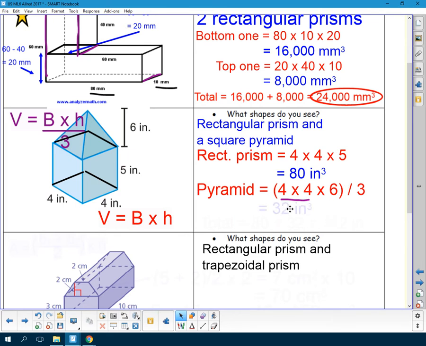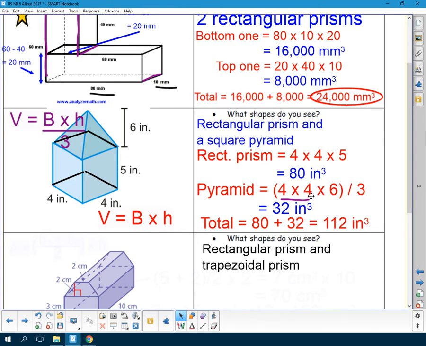5 plus 2 divided by 2. 5 plus 2 is 7. Half of that is 3.5. 3.5 times 2 is 7 centimeters squared. That's the area of the base, the big B. I'm going to multiply that by the height of the prism, the distance from base to base. That's 10 centimeters from base to base. If you do 7 times 10, you get 70 centimeters cubed for the top trapezoidal prism,